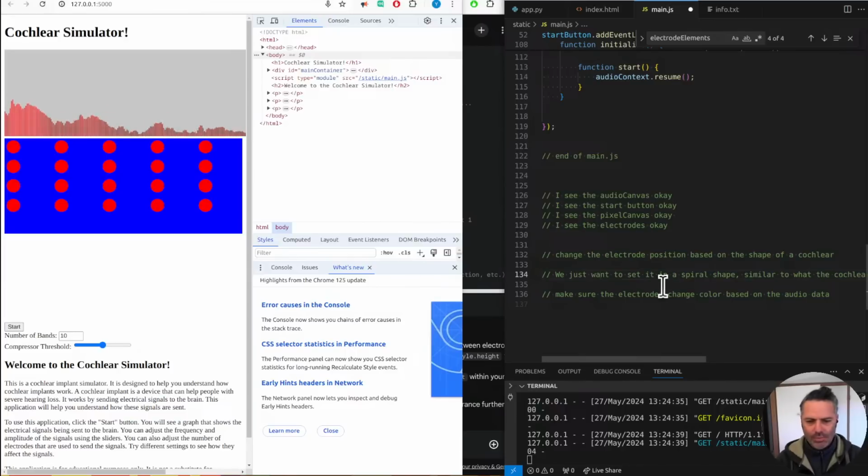Yeah, we need to set up, make sure the electrodes are positioned